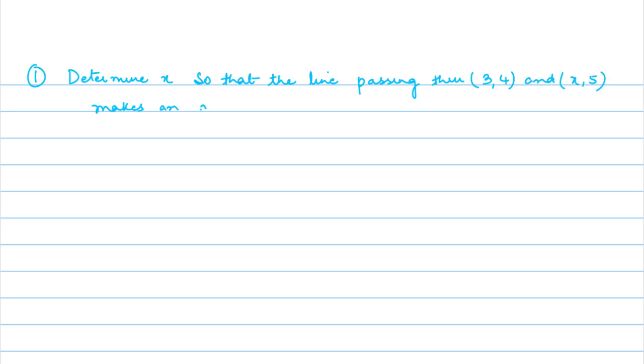Determine x so that the line joining, or rather line passing through (3, 4) and (x, 5) makes an angle of 135 degree with positive direction